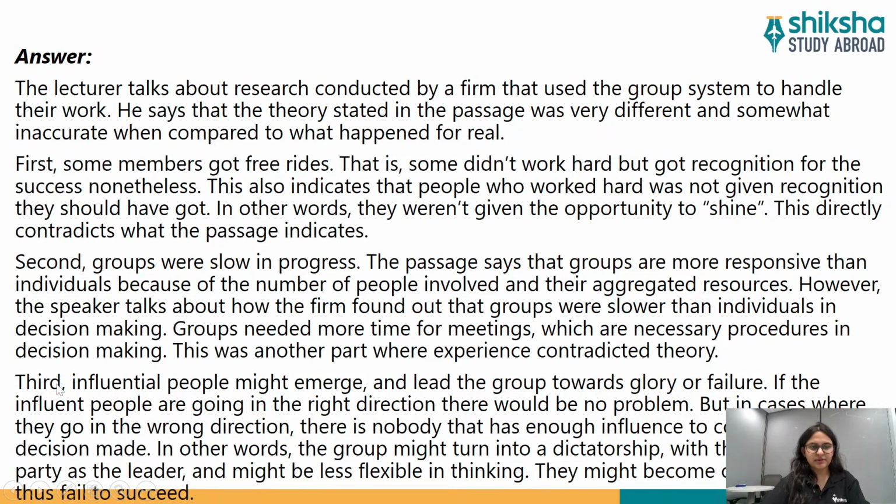Okay. Now, third is influential people might emerge and lead the group towards glory or failure. If the influential people are going in the right direction, there would be no problem. But in cases where they go in the wrong direction, there is nobody that has enough influence to counter the decision made. In other words, the group might turn into a dictatorship with the influential party as the leader and might be less flexible in thinking. They might become one-sided and thus fail to succeed. So again, you can see how well the contradiction or the contrast has been made